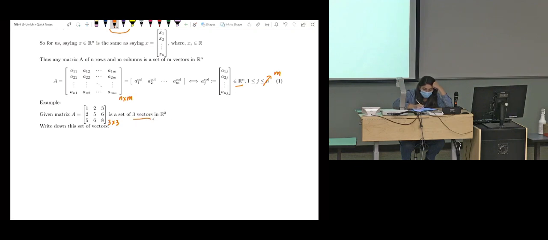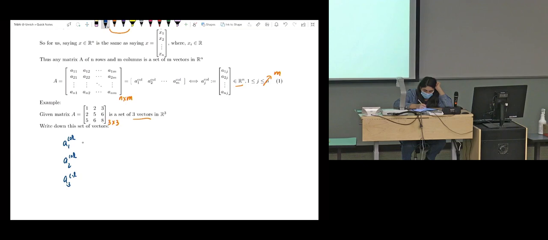So it's a set of 3 vectors of length 3. What are these 3 vectors for this matrix? We know from our column partitioning that these 3 vectors are the first column of A, the second column of A, and the third column of A,